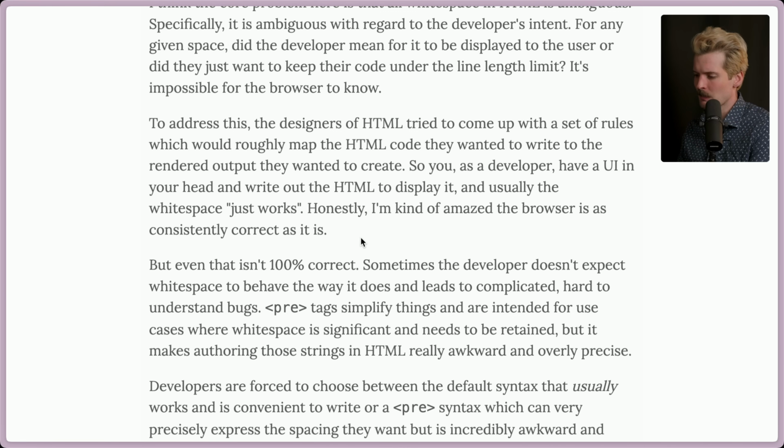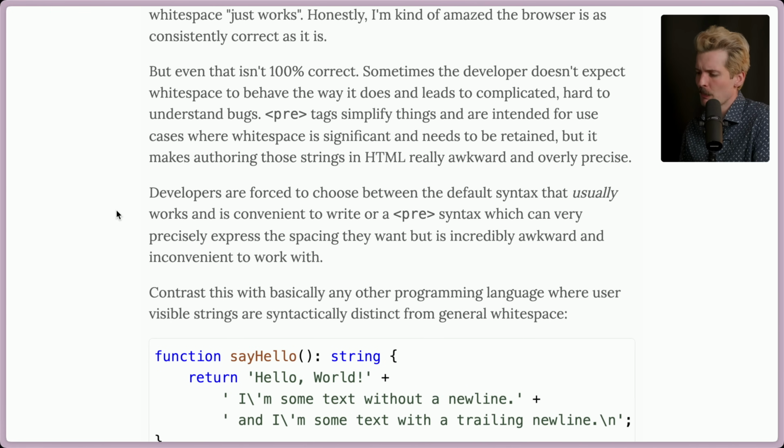Sometimes the developer doesn't expect whitespace to behave the way it does, and it leads to complicated, hard to understand bugs. Pre-tags simplify things that are intended to be use cases where whitespace is significant and needs to be retained, but it makes authoring those strings in HTML really awkward and overly precise. Developers are forced to choose between the default syntax that usually works and is convenient to write, or a pre-syntax, which can be very precise in its expression of spacing that they want, but it's also incredibly awkward and inconvenient